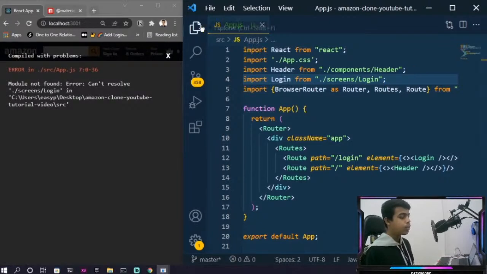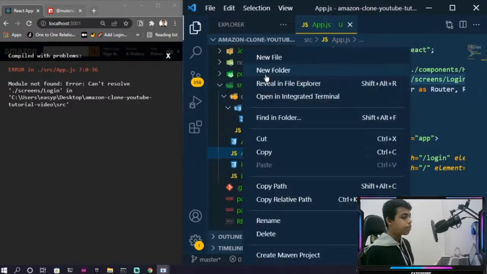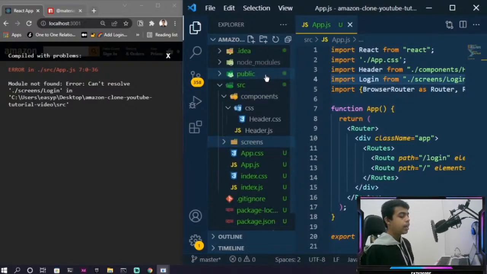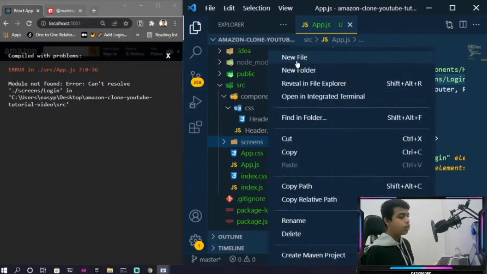Okay, so now let me open my sidebar, and inside my source folder I'm going to create a new folder that is going to be for our screens. In this screens folder I'm going to create a new file for our